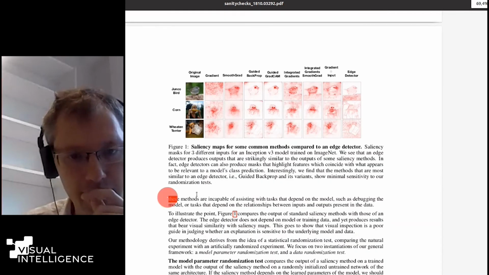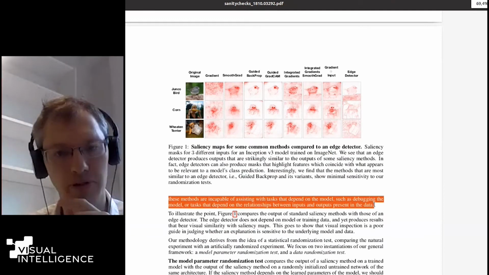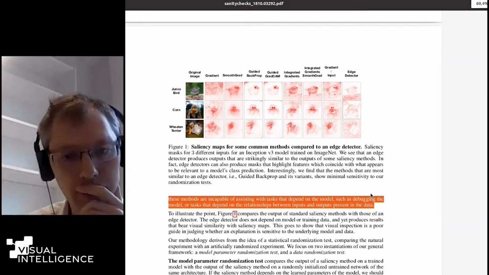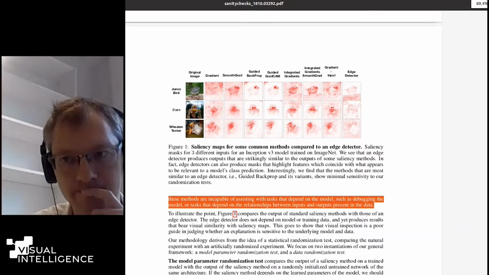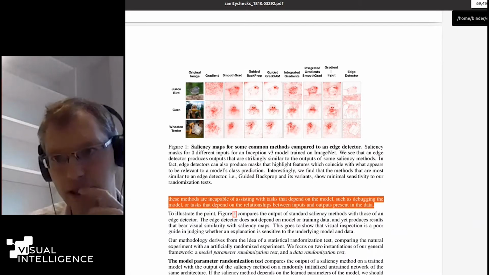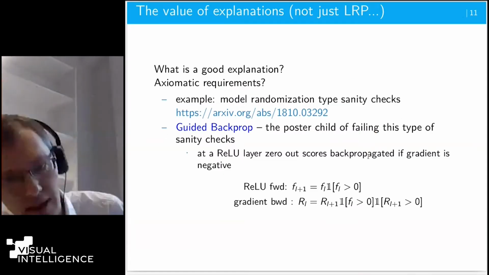Consequently, these methods are incapable of assisting with tasks that depend on the model, such as debugging the model, or depend on the relationships between inputs and outputs present in the data. That sounds very convincing, until you look deeper into that.